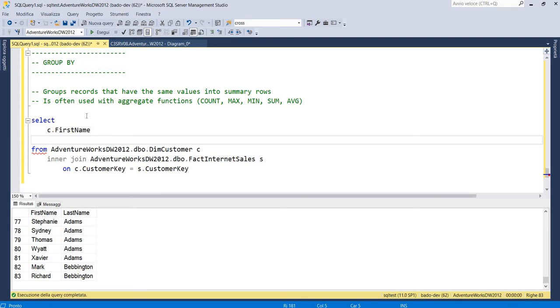First name as in the previous queries, last name,